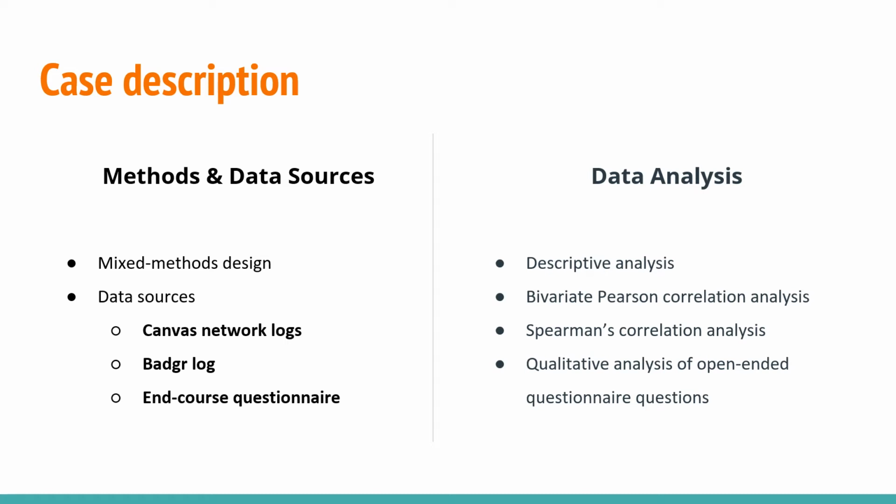This study was a multiple methods design. Data was collected from Canvas logs, which included information about students, their interactions with course activities, active students per week, and number of students who completed requirements for a badge. This information helped estimate students' behavioral engagement based on page views, tasks submitted, forum posts, and activity time in the course. Another source of data came from the Badger logs, which included information about the students who received badges along with the date stamps.